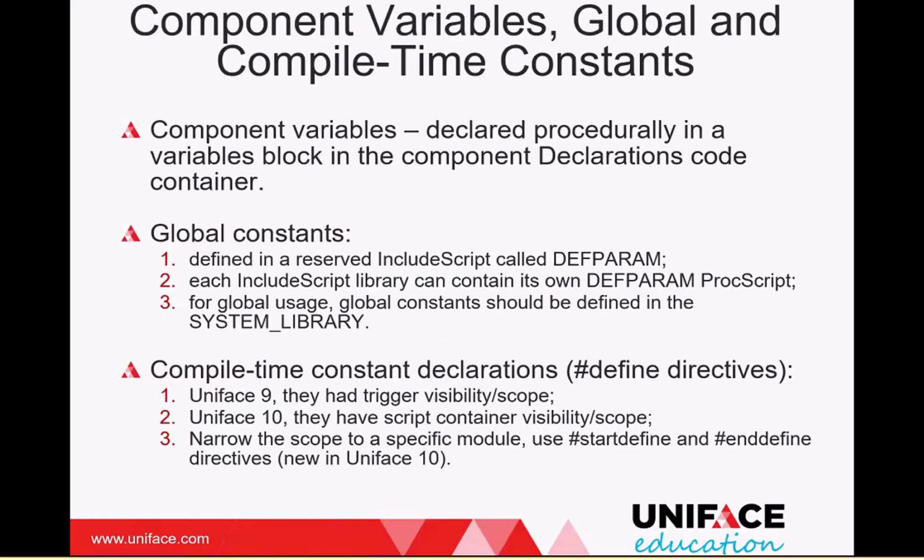We'll now talk about component variables, global constants, so hash defines, and what's changed in version 10. Now, when we look at version 9, we had a dialog for creating the component variables, and we had global constants defined in a library, again using a dialog. In version 10, it's slightly different. If we take a look at component variables,